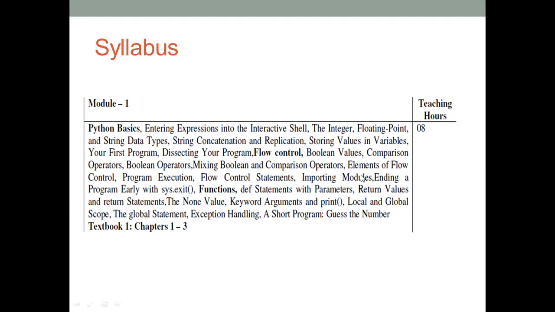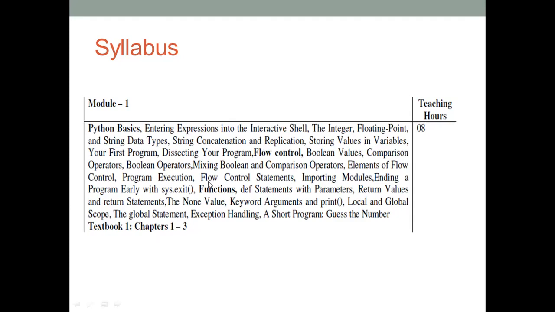That we discussed when we go to this second chapter, and then how to execute the program, and then flow control statements, and then importing modules, and ending the program early with sys.exit. If you want to end the program, there we use the exit function, right? By using that we can exit from the currently executing program. Like that, here also we have an inbuilt function called sys.exit. Okay, that function we discussed.